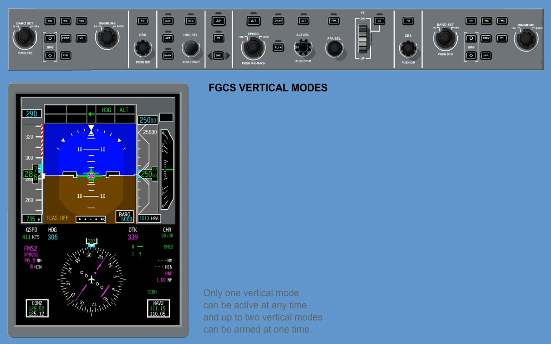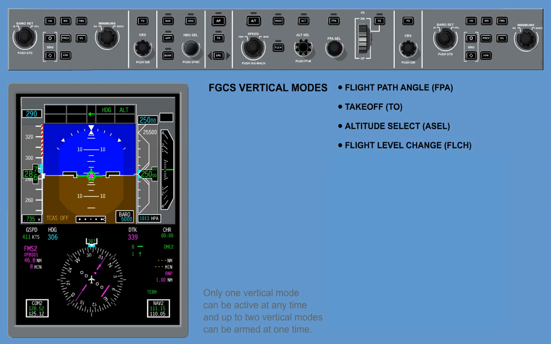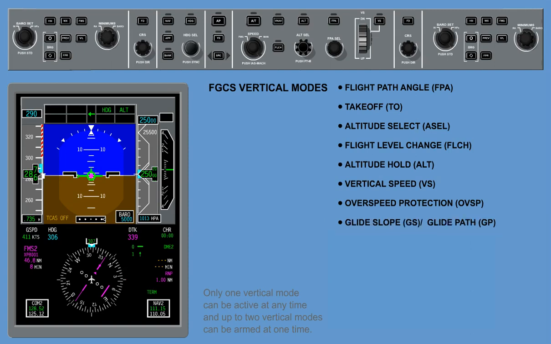The FGCS provides the following vertical navigation modes: Flight Path Angle, FPA, Takeoff, TO, Altitude Select, ASEL, Flight Level Change, FLCH, Altitude Hold, ALT, Vertical Speed, VS, Overspeed Protection, OVSP, Glide Slope, GS, and Glide Path, GP Approach,